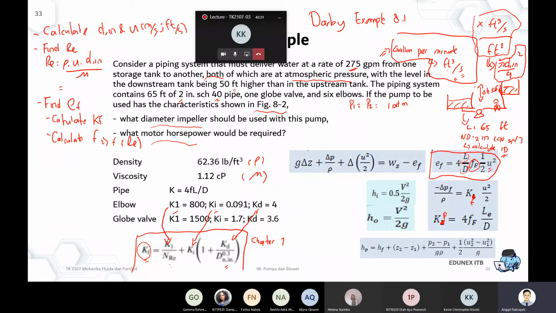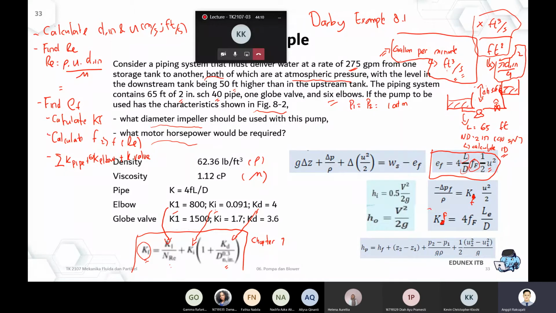And then afterwards, you can sum up everything for the friction part. So that's like expressing the K for the pipe plus the K for the elbow plus the K for the valve. Okay, as we have 6 elbows, then you will multiply by 6 for the elbows. So that's the overall friction. Okay, the overall friction, you calculate that.